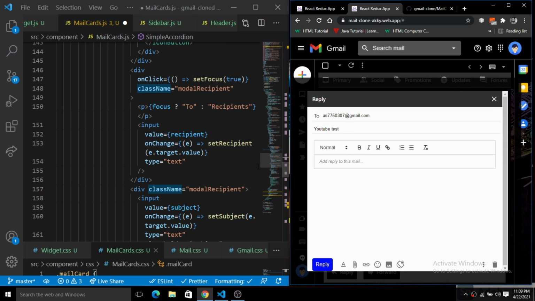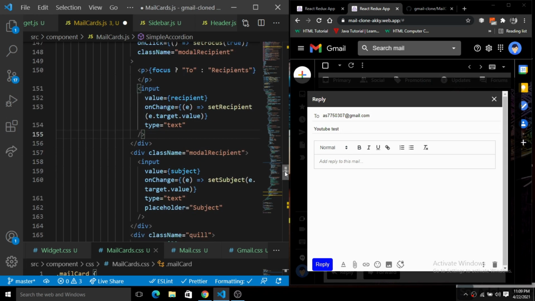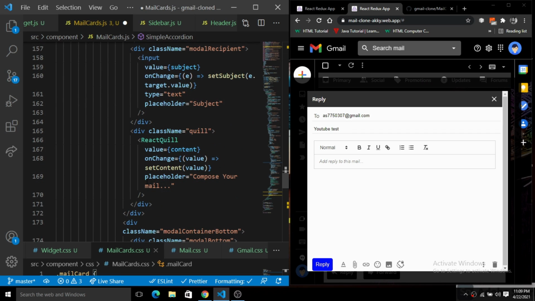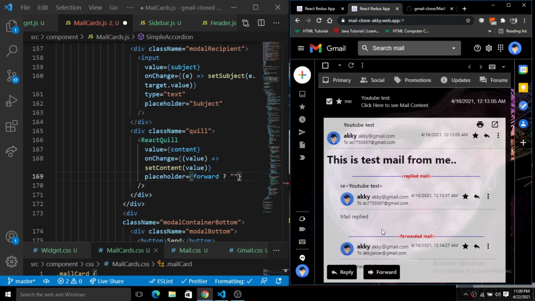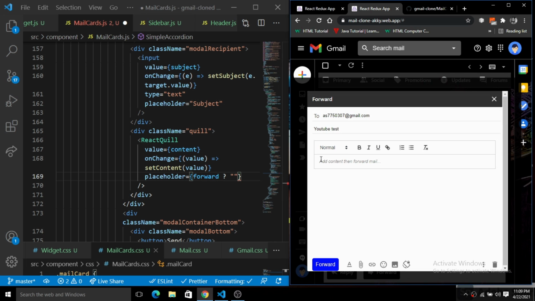So add the reply to this mail. Inside of this React Quill we have this placeholder, right? So instead of this compose mail, when forward is true, then we have to add content, then forward mail.